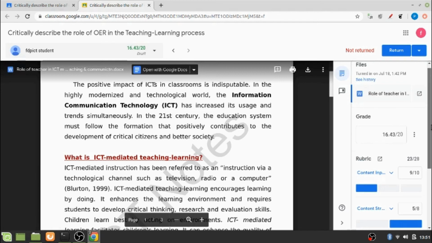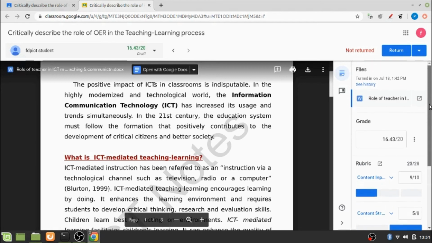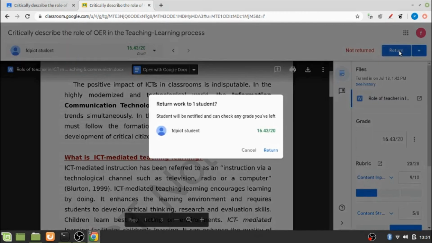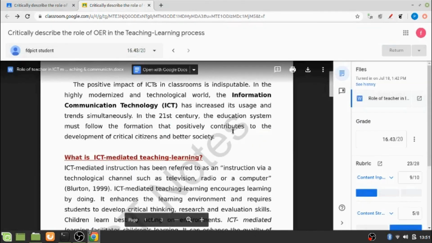And now if you are done with the grading, you can return this assignment, and once you return it, the student will receive this.